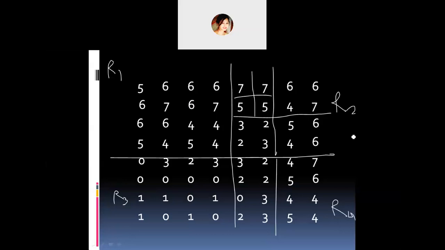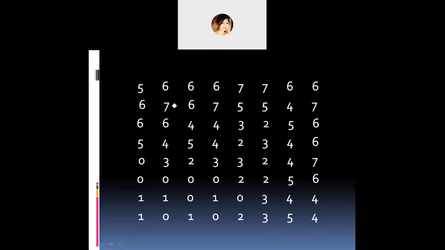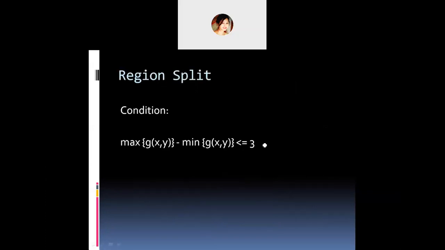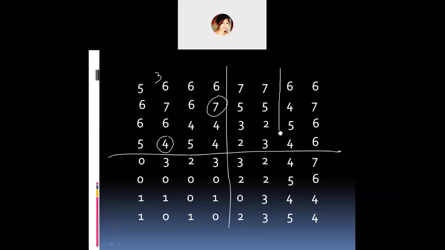So after that you have to draw the quad tree. So the rule is simple as that. You just have to divide it into 4 quadrants, name the quadrants R1, R2, R3, R4. Then in every quadrant you have to check the maximum and the minimum frequency value, and subtract them. Suppose 7 minus 4 is 3, so accordingly you have to check. And suppose if a region is not satisfying this condition, then you have to keep on splitting, because this region is now not satisfying, so split.